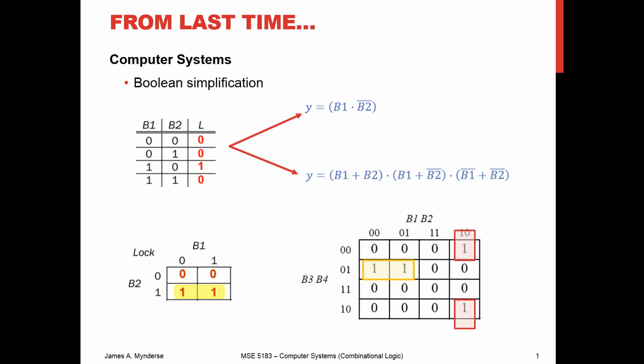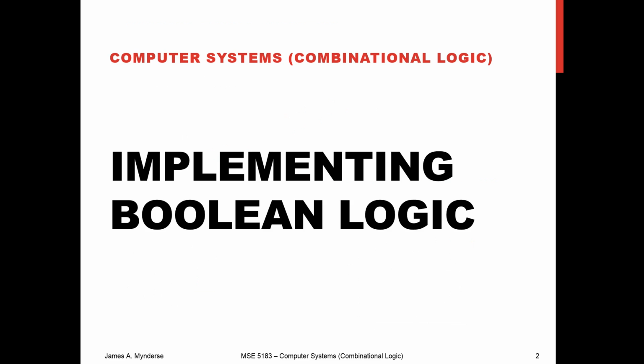variables, the button presses. And then we showed that if we used a K-map, a Karnaugh map, that for a relatively complicated algebraic expression in terms of 4 buttons or even up to 6 buttons, we could combine adjacent terms to reduce the complexity. So now that we've got an idea of how we're going to write combinational logic, we want to talk about, well, how are we going to implement it? Because if we can write it, that's all well and good, but we should be able to do something with